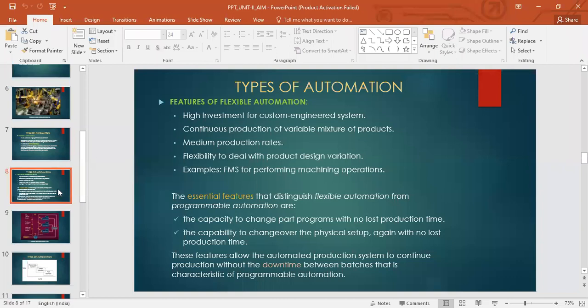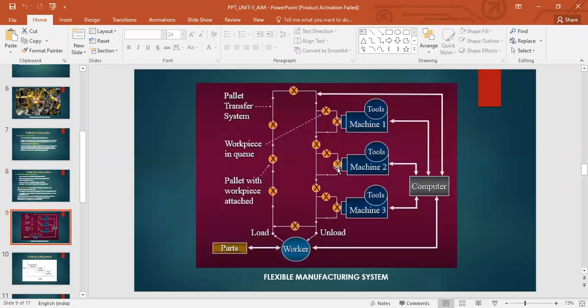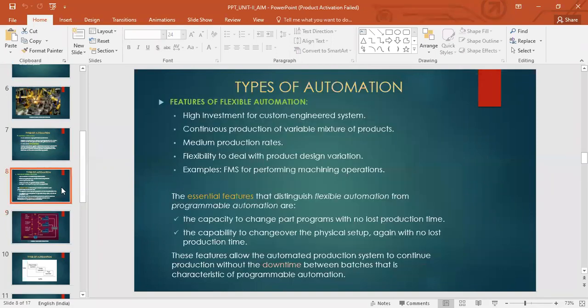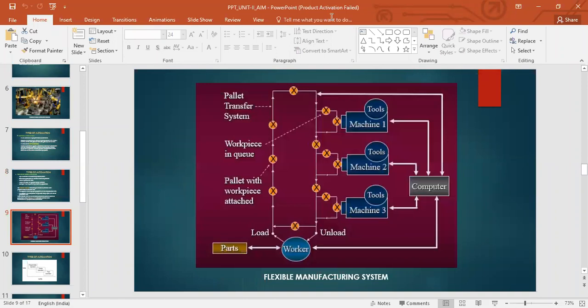The physical setup that we saw here, even that benefit is there. So these features allow the automated production system to continue production without the downtime between batches that is characteristic of programmable automation. So we don't have that batch kind of production system here. So clear, right? Flexible automation. Shall we move on to the next topic?